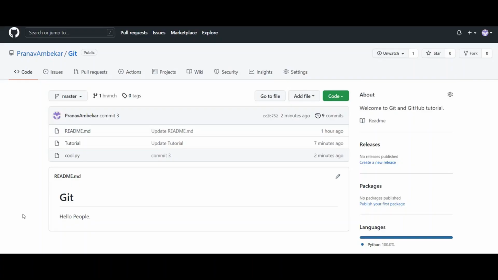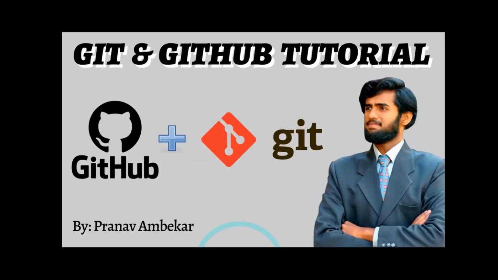With this, we have reached the end of the session. Now let us just quickly summarize what are the things which we learned in this tutorial. We have learnt what is GitHub, why do we use it, how do we use it. We have created and learned what is repository, branch, commit, pull request and merge pull request. Then later we have discussed what is Git, why do we use it, how do we use it. We have seen so many Git commands with the examples like for branching, pull request, commit, log, push and merging.